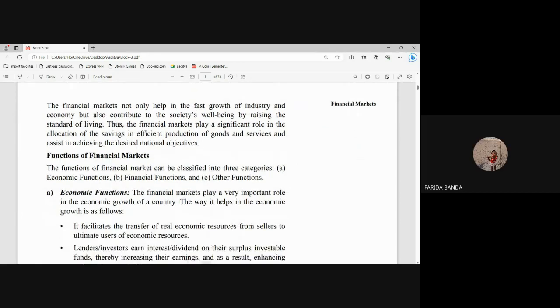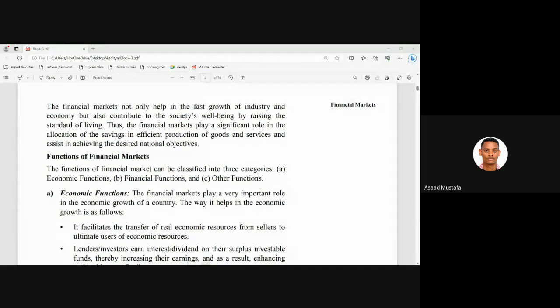Yes, ma'am. So coming to the next, it is functions of financial market. Ma'am, Yes, I'm asking what the difference between borrowers and lenders. borrowers and lenders. Yeah. Borrowers and lenders means that borrowers are